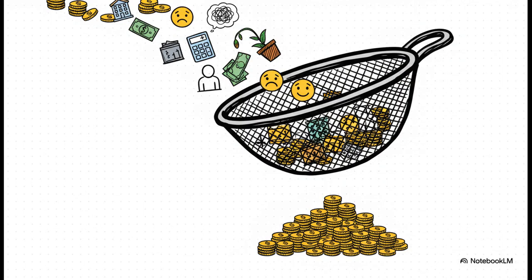The next rule is that everything has to be in terms of money. And this is absolutely huge because it highlights one of accounting's biggest limitations. It can only record things that you can put a dollar sign on. So a company can record $1 million in assets, no problem. But it has no way to record that employee morale is in the tank or that a key manager is having a terrible day. And that means some of the most important parts of a business, the human parts, are completely invisible on the financial statements.